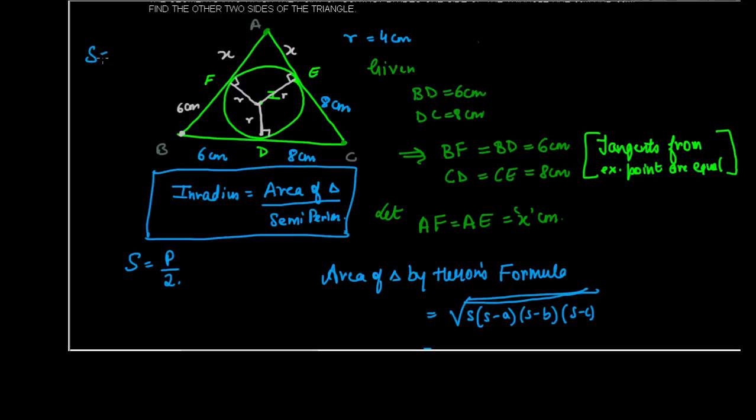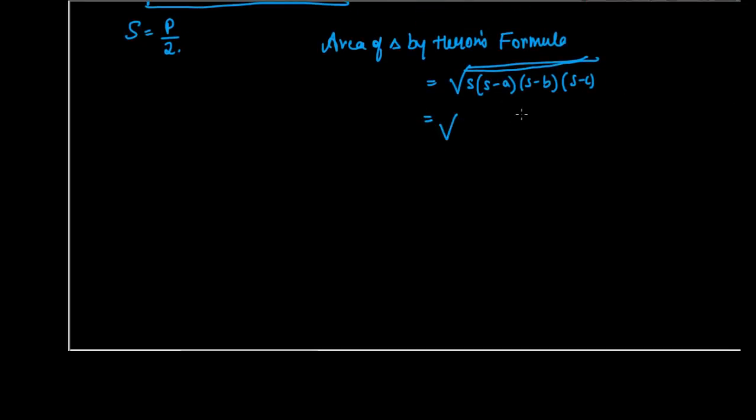Semi-perimeter S is going to be equal to 6 plus 8 plus x plus 6 plus x plus 8, right? This plus this plus this plus this plus this plus this, by 2. So if you solve it, you will get (28 plus 2x) by 2, right? Which is going to be 14 plus x. So this is going to be the semi-perimeter of this triangle. Use this in this Heron's formula. So you get root over (14 plus x) into (14 plus x)